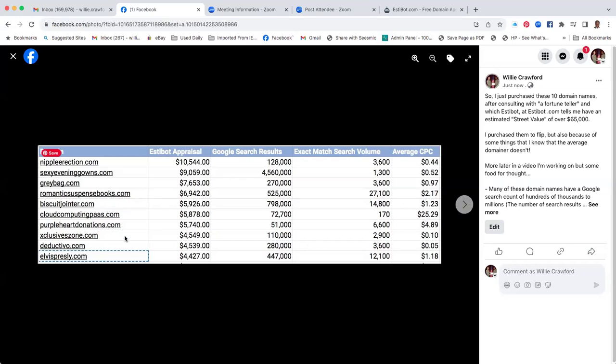A lot of these others make no real sense to me, but this one, Elvis Presley, makes sense to me because it's worth $4,400. Some people can't spell, and so they spelled Elvis Presley wrong. Unless I think it's Presley. But people can't spell, and so they make typing errors when they're looking for Elvis Presley information,